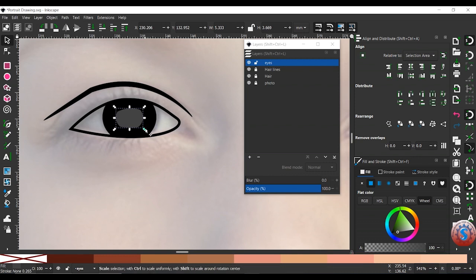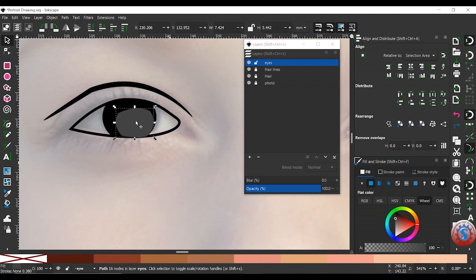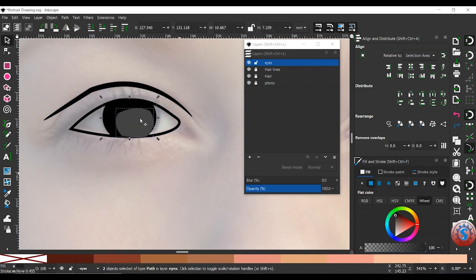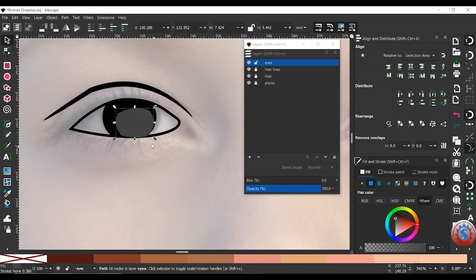I want to change the shape by using the Control or Shift key. You can move the object along the axis and get the exact shape you want by using the Control and Shift keys. You can observe one object is created here. I want to select this again and move the object to the center. You can also move it by using the Alt and bracket keys. You can also rotate the object by double clicking on it.